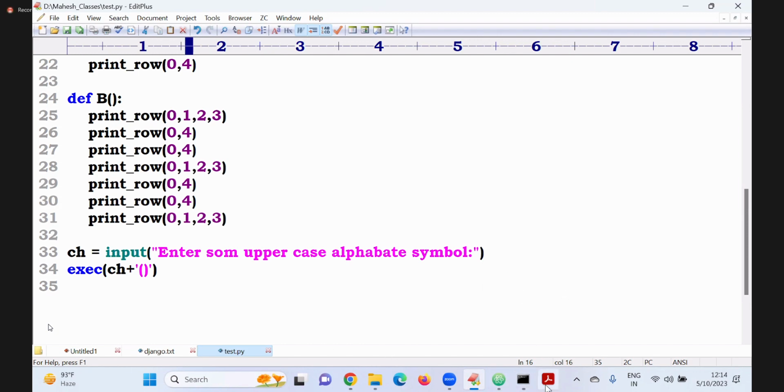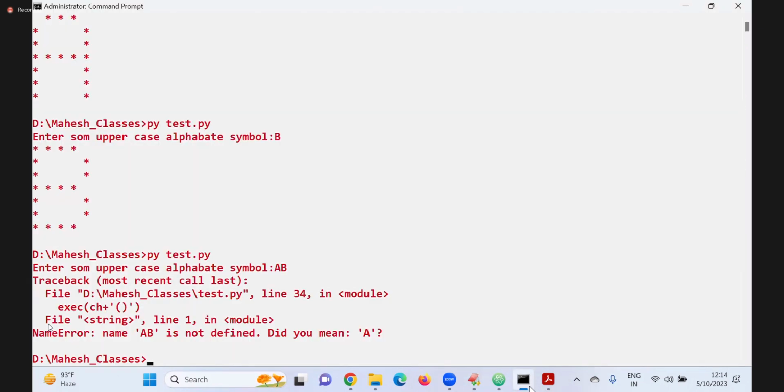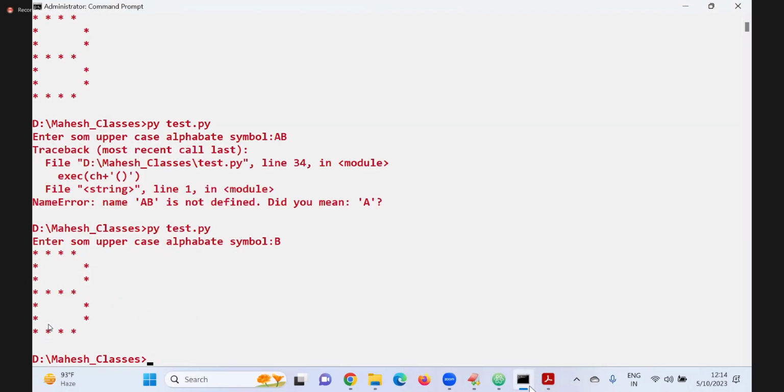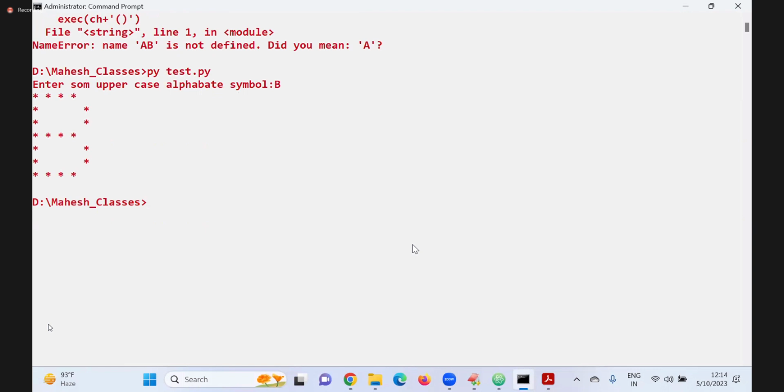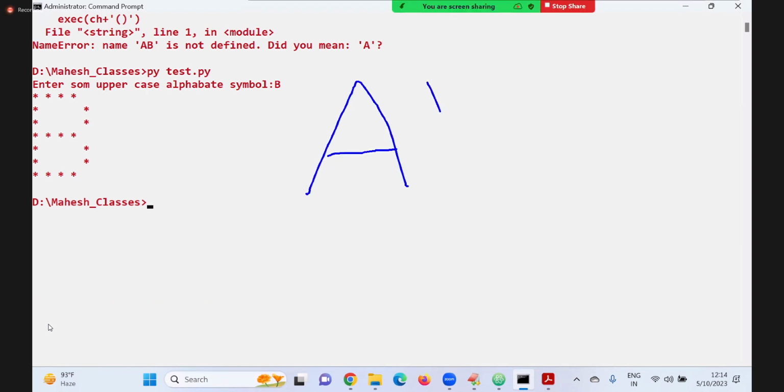Sorry. Observe carefully, small changes are required. If I declared B, B came. Sir, if I give A and B, as discussed yesterday, if choice equals call A, B, then it is printed vertically, A, B, C, D like that. No. My requirement is, I want to print A, immediately I want to print B, then C.